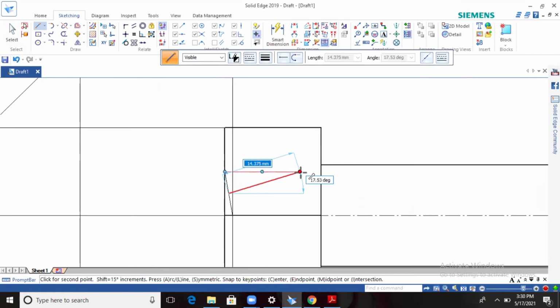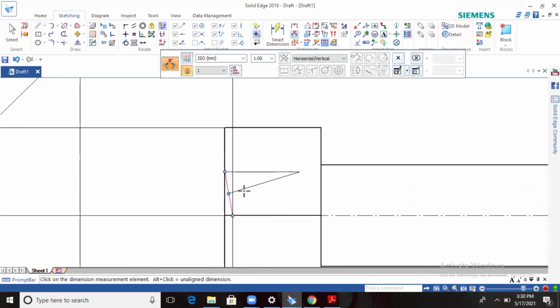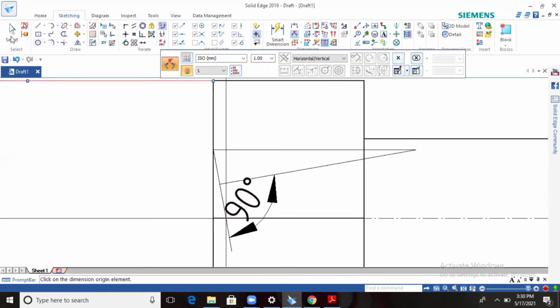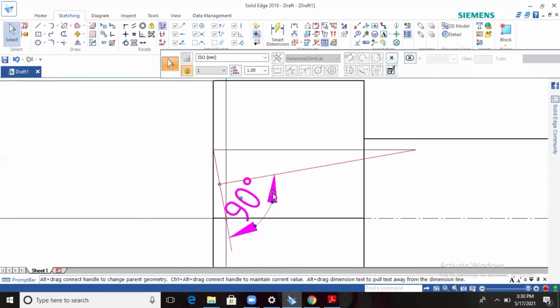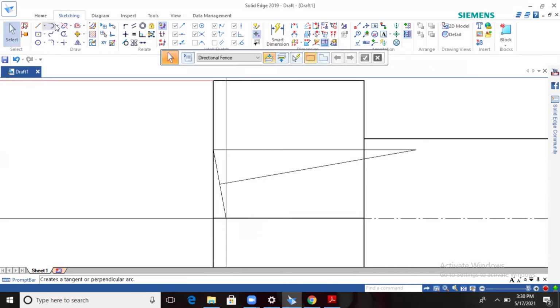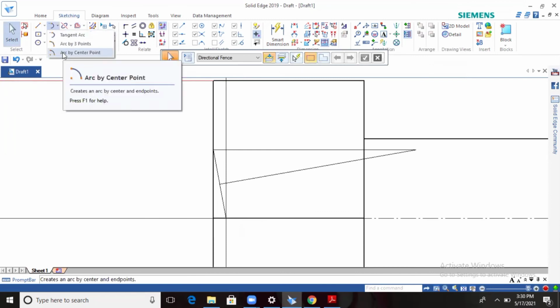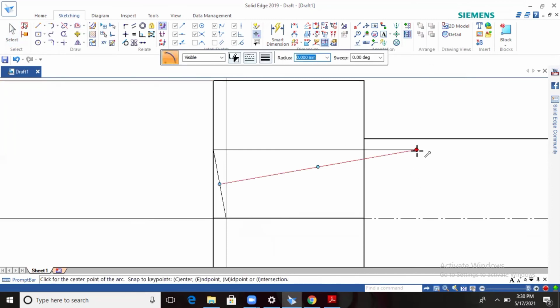Okay, so carefully check it, the angle between these two lines is 97, make it 90. Okay, see now the extension line up to here, right? So after this I'll delete the dimension. Okay, so I'll go for the arc by center point from this center, that is the end point.